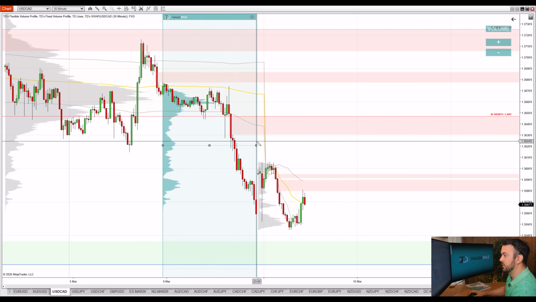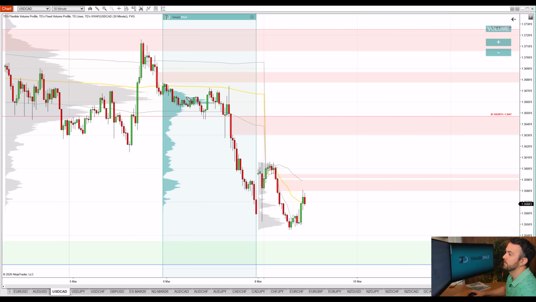Alright, so this is how the volumes were distributed throughout Friday, and here you can see that this is the place where most of the volumes were traded. From there, from this rotation where the volumes were accumulated, there was a strong sell-off. That tells me that this is a place where sellers were accumulating their short positions. Then they pushed the price downwards. So what we want to do is trade from this heavy volume zone because it should act